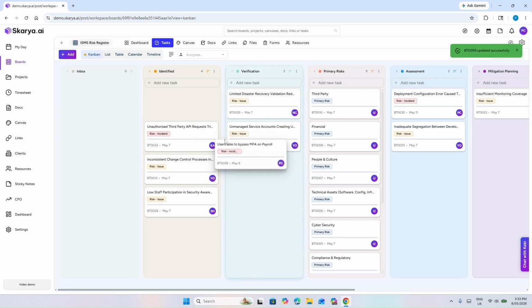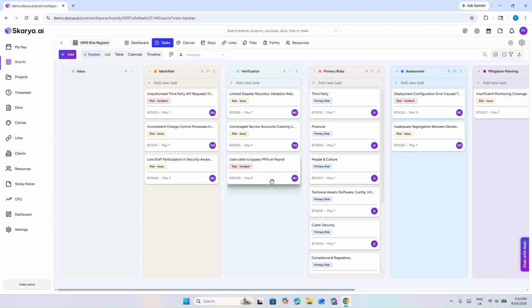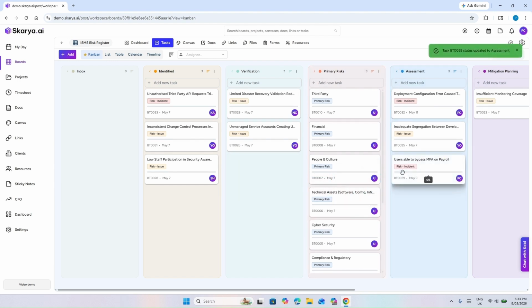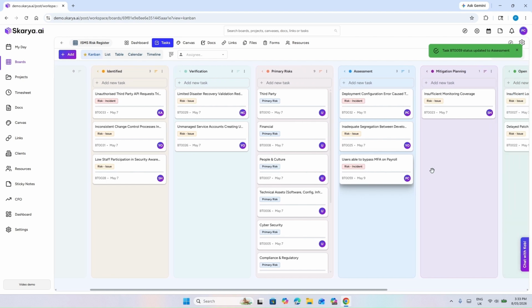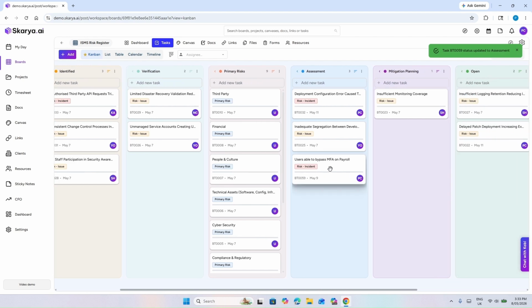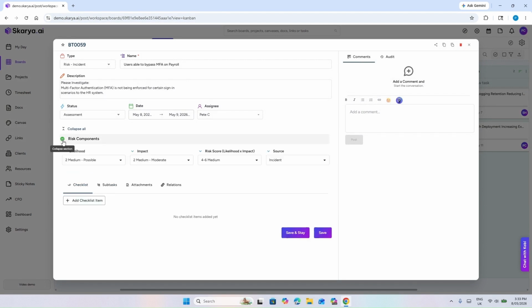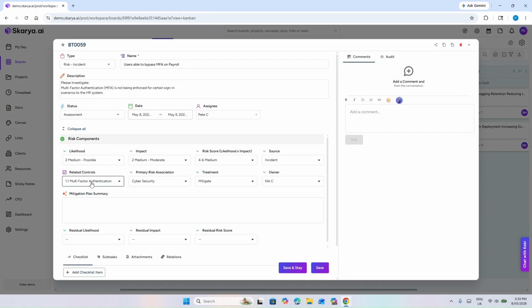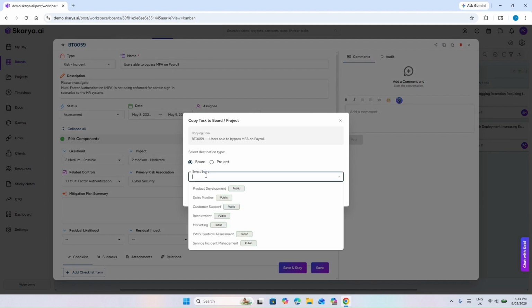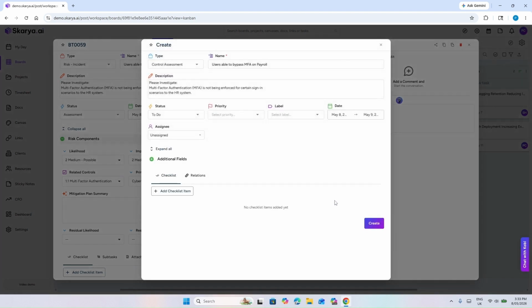So as this moves through the various stages, our investigations may lead us to believe that something more systemic is actually at play here, and that we need to look at the control, the multi-factor authentication control, and perform a reassessment as well as actually closing out the risk incident. To do this, we'll go to the copy to board capability. This time we'll select the control assessment board, and now